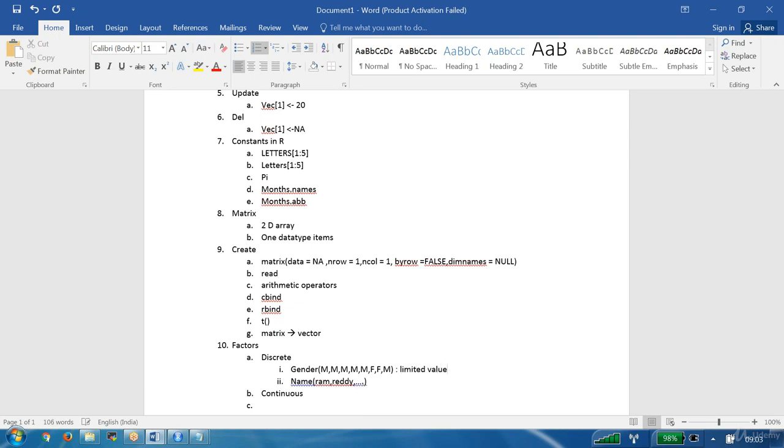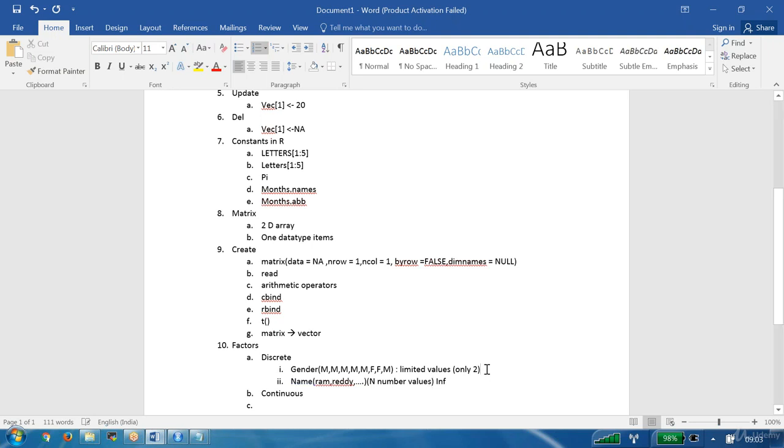Only two. But this is also discrete. However, in names how many values are possible? N number of values, in our word called infinity. Infinity of values are possible here.